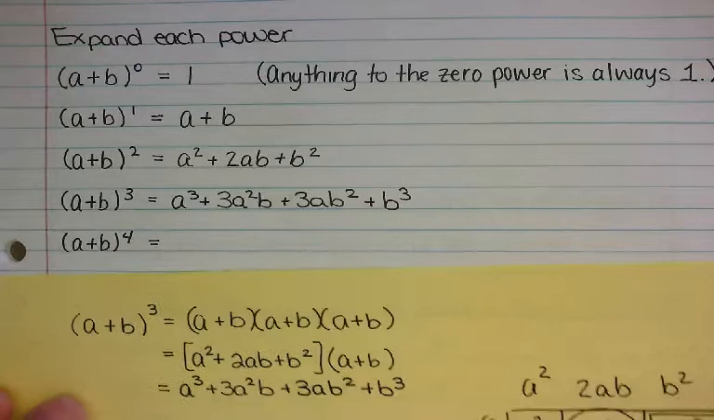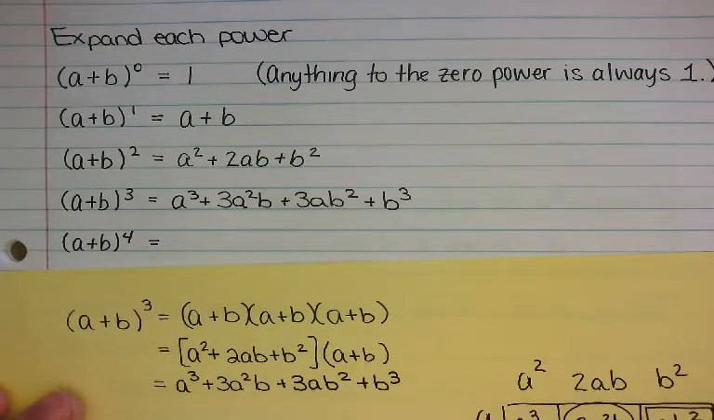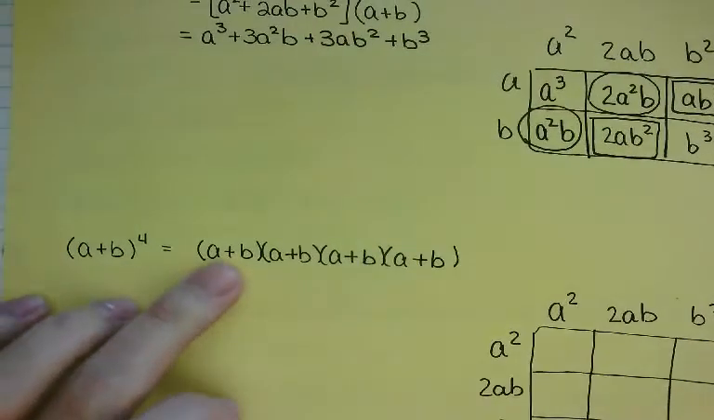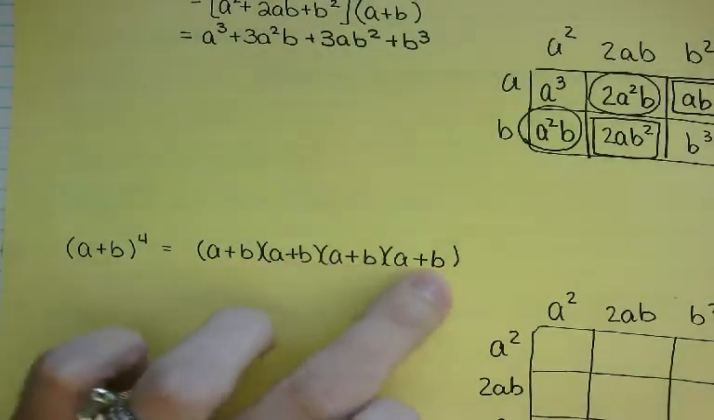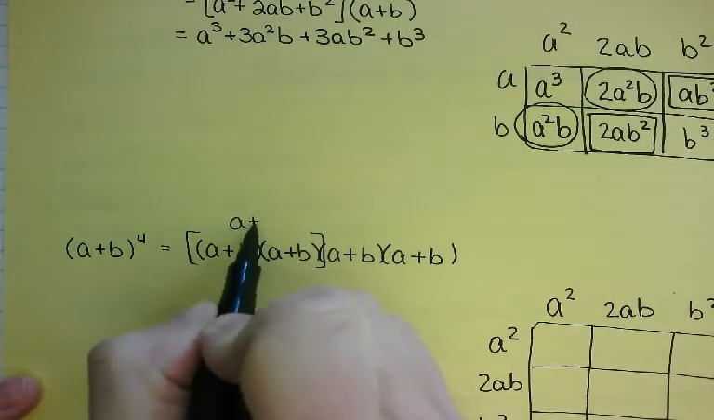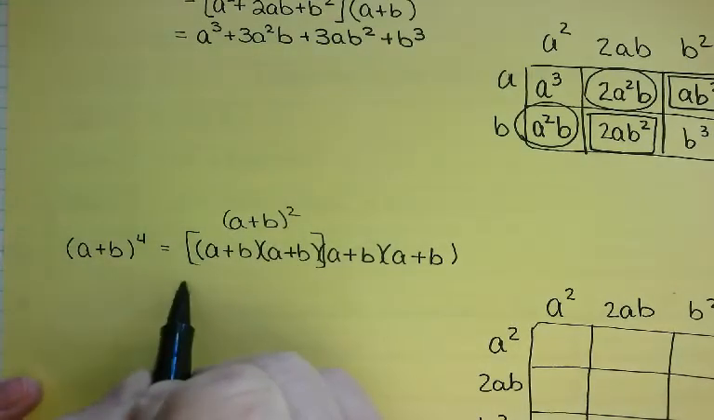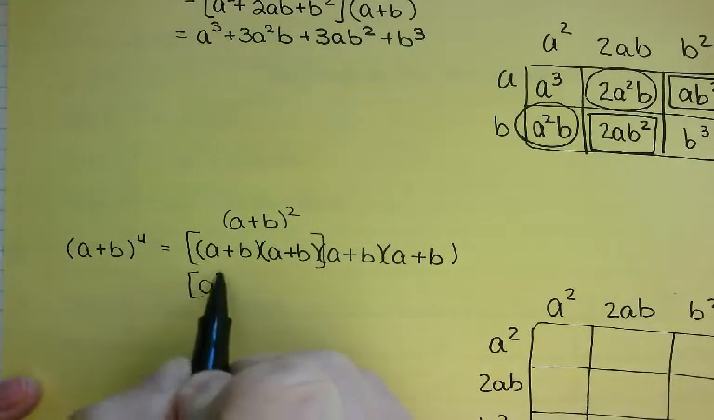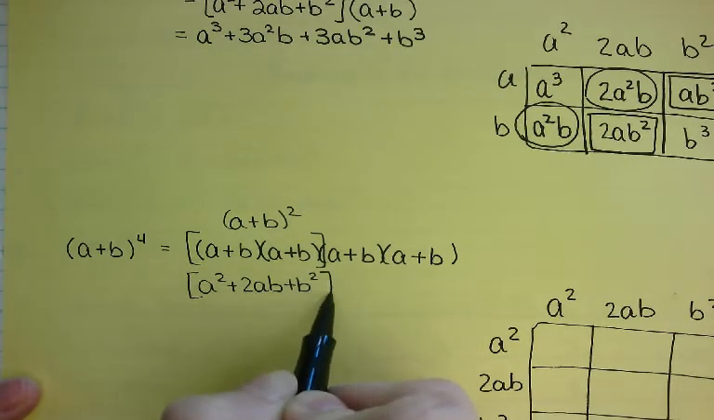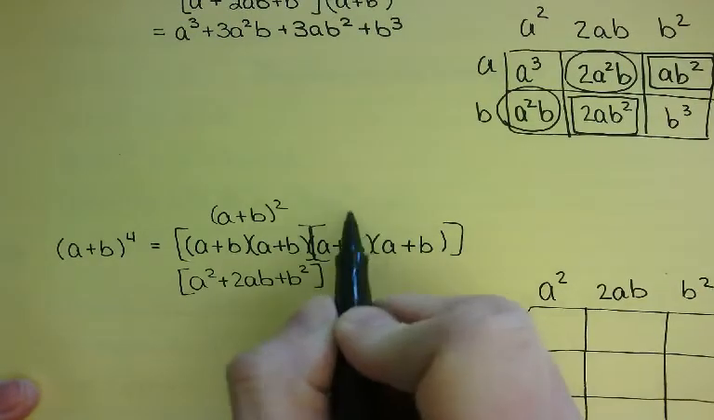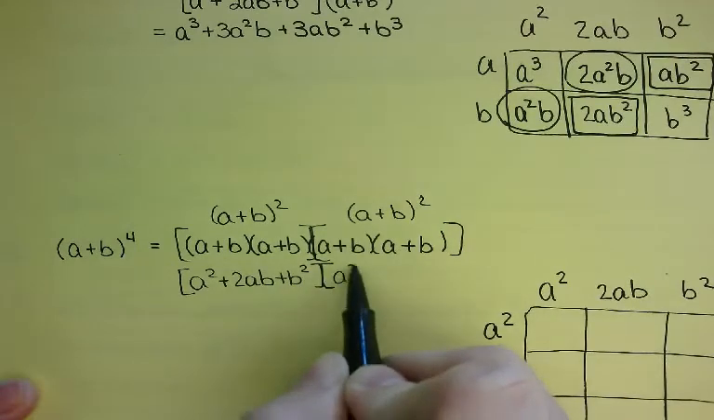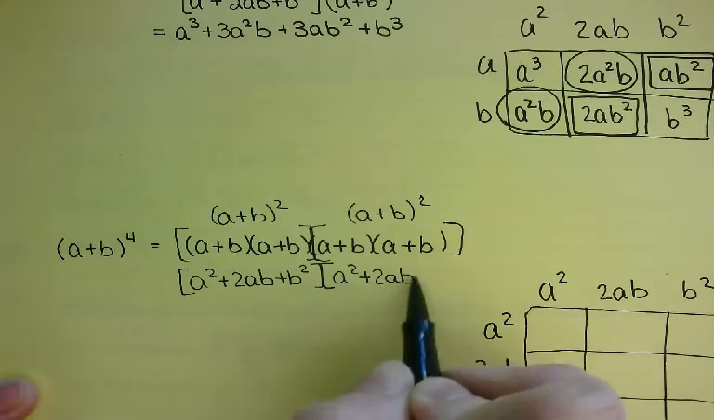Okay. Now let's look at an a plus b to the fourth. Well, that's meaning I have 4 of the a plus b's. This is the same thing as an a plus b squared, which we've already stated is a squared plus 2ab plus b squared. Here's another a plus b squared. Okay, so I have another a squared plus 2ab